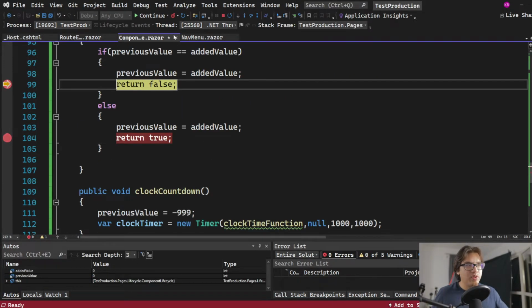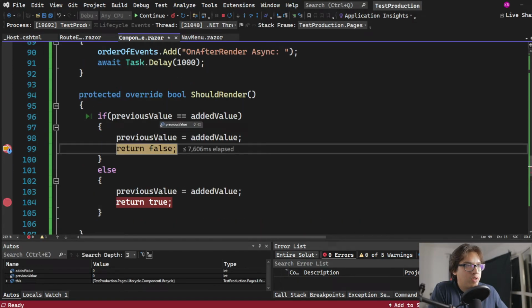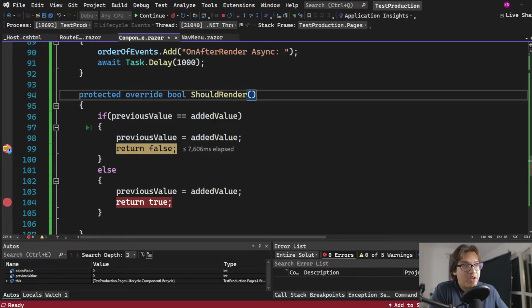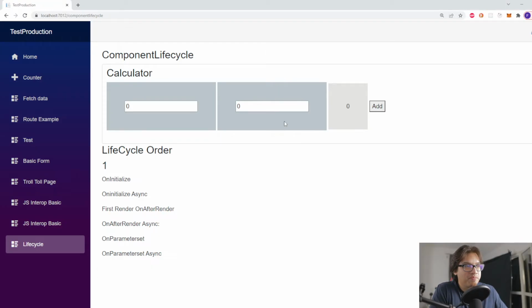So right now it's rendering because I set up a value in there to be just a normal value. So right now it's 0, right? Let's add those two together. The previous value was 0, and my new added value was 0. So it's not gonna re-render anything. So nothing changes here. If I do this instead,